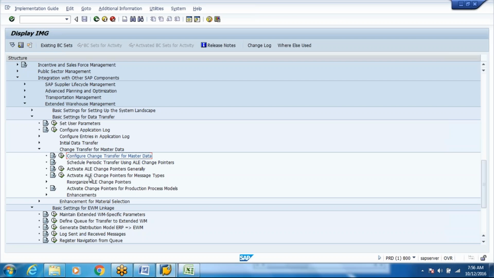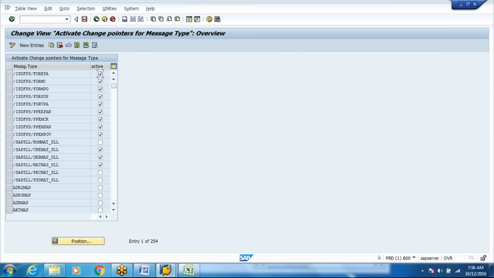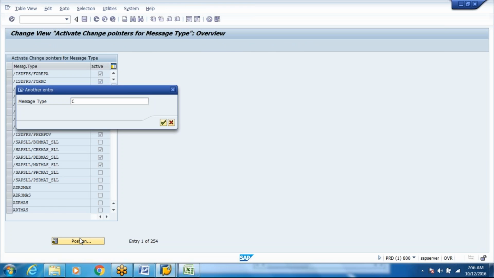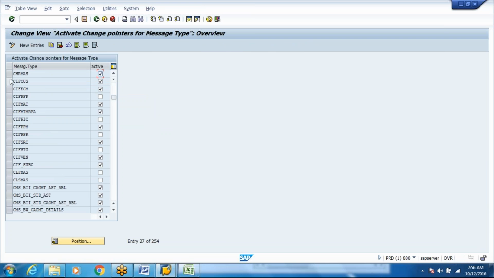Okay, then one more setting. Activate ALE change pointers for message type. So basically, these change pointers: CIF CUS, CIF BND, CIF MAT, and we have got MRP area. So these are the message types. Why are these to be activated? Because these change pointers are for any change in your material master or vendor master or